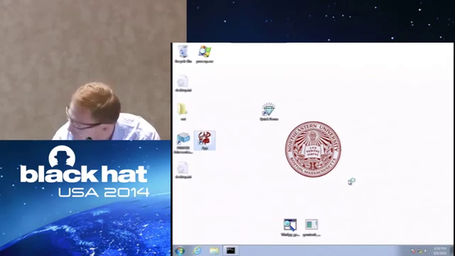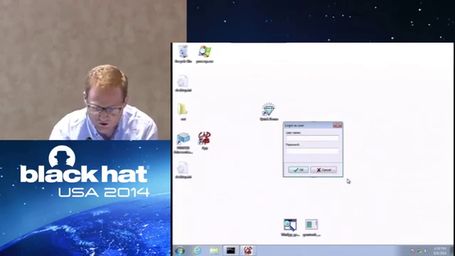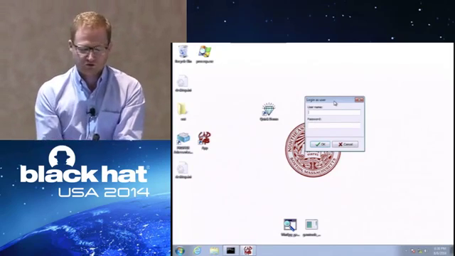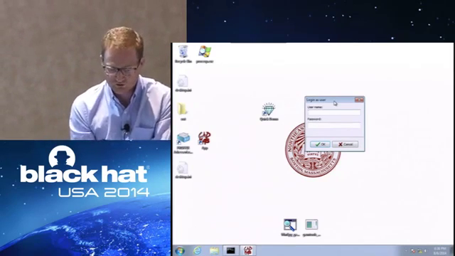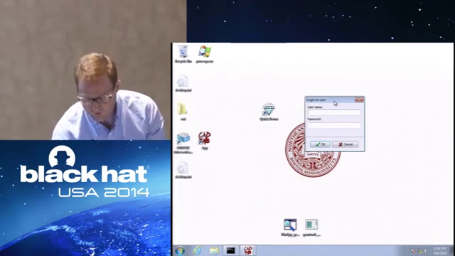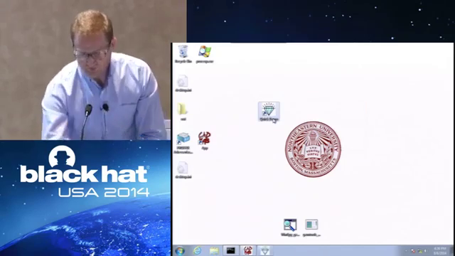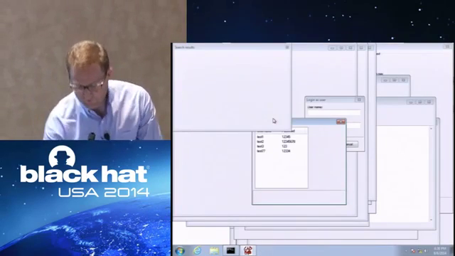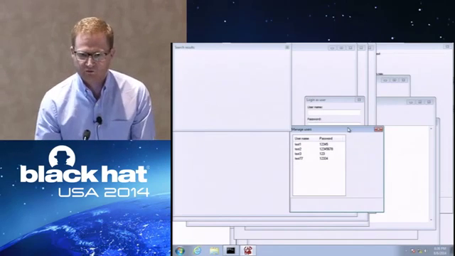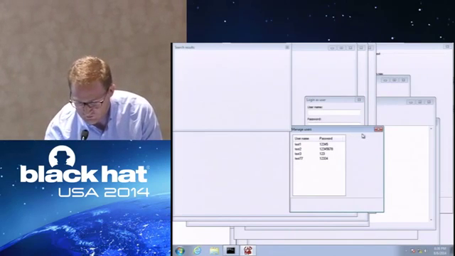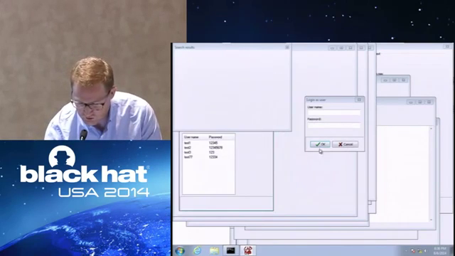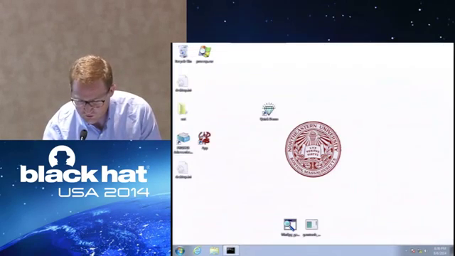So let's see. Same application I was just showing you. Maybe I'm a user who is not allowed to use this application, so I don't have any user credentials. But maybe this application was really abusing the UI. Let's see. Oh, so this application apparently is drawing all windows, but just hiding them from us. And here are all user accounts of this application. Just to show you,